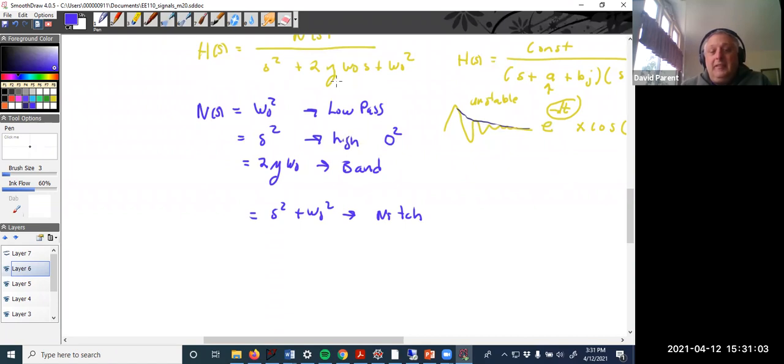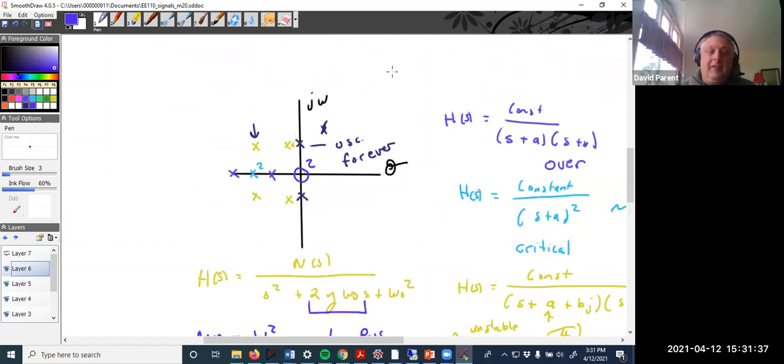Now the thing is, if this term is missing or negative, or if this term is somehow missing, right, then it's out of control. And there's no low pass out of control system, no high pass out of control system. No matter what causes it to be out of control, it's out of control. We don't give them special names, except, right,